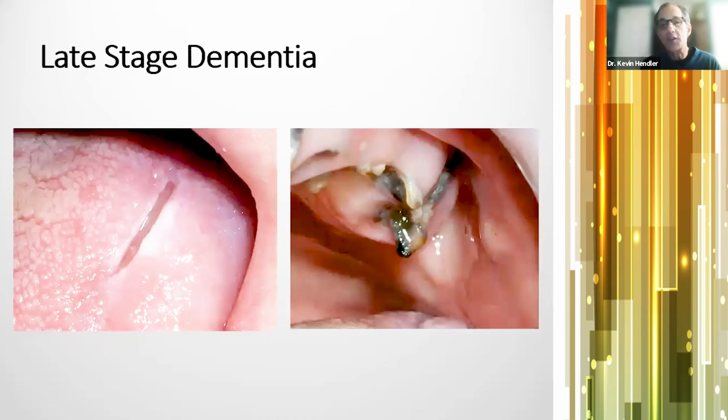So this was an individual who came in with late stage dementia, and they were in pain, and you can see why. Their tongue was being lacerated by the teeth. I was kind of amazed I got this picture. So the immediate thing is, what am I going to do? In this case, I had very limited time. I was able to smooth the points off, and that became the definitive treatment. The tongue healed up, there were no more issues, and we were good.